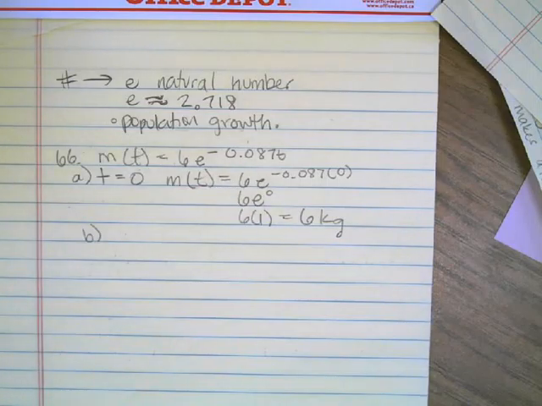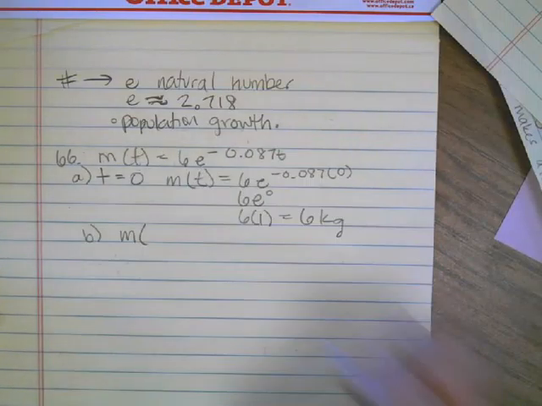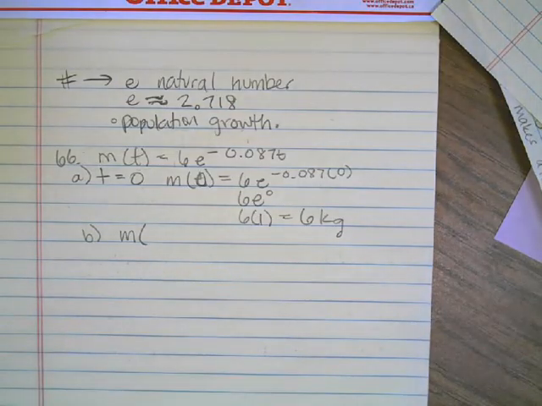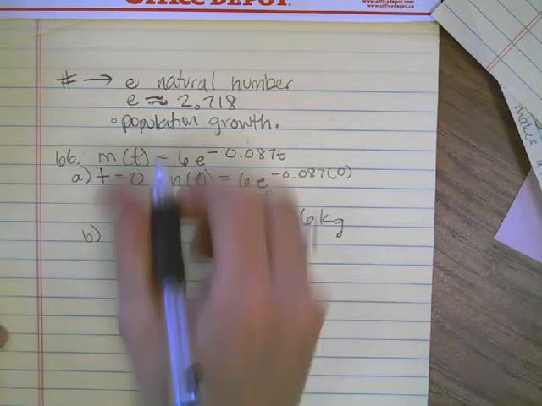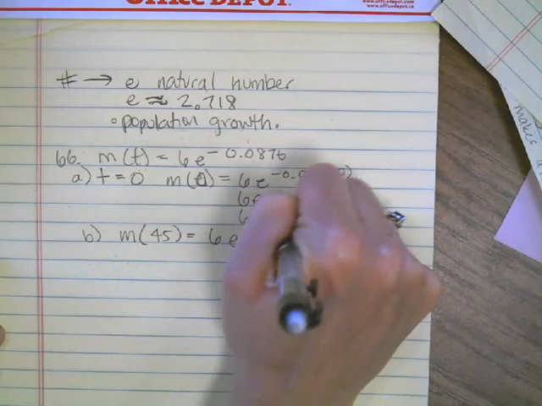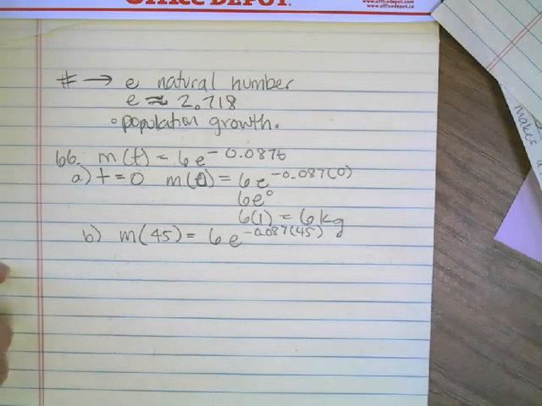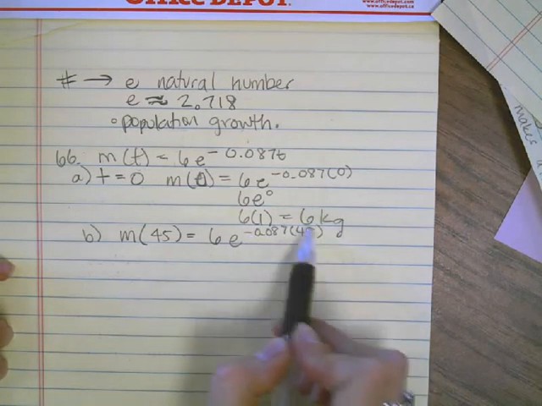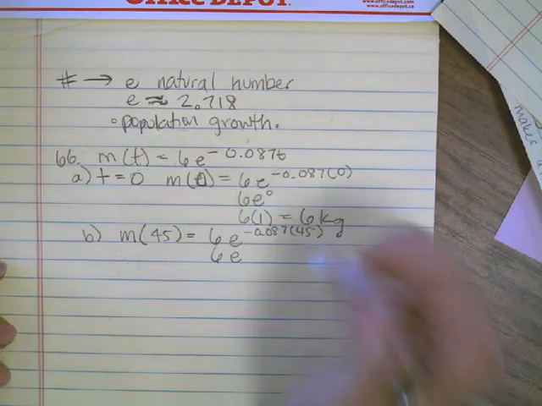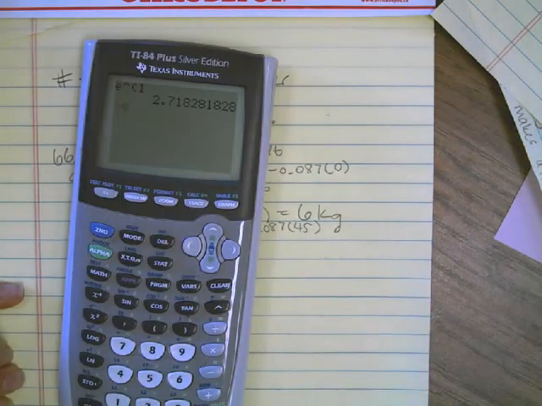And then it would say, how much of the mass remains after 45 days? So now time, instead of being 0, what is it? Instead of time being 0, time is going to be 45. So we'd say 6e to the negative 0.087 times 45. I don't want people to make a mistake here. If you don't multiply this out first, sometimes people get it wrong, so I think it's easier to say 6e to the negative 0.087 times 45,